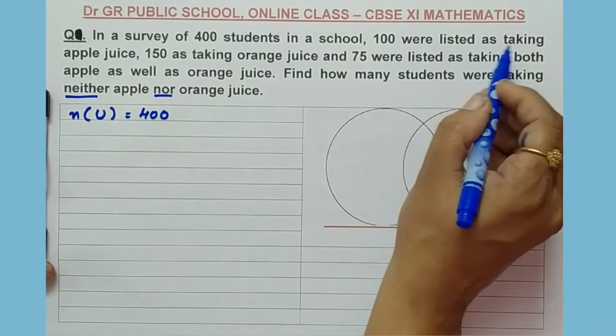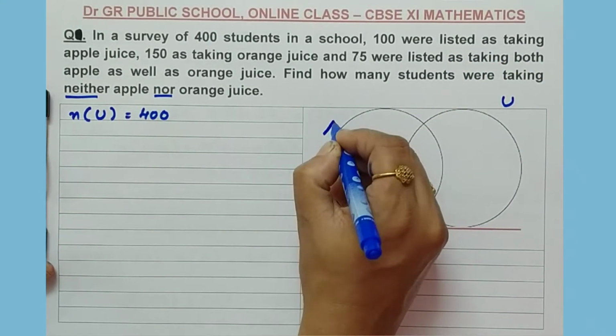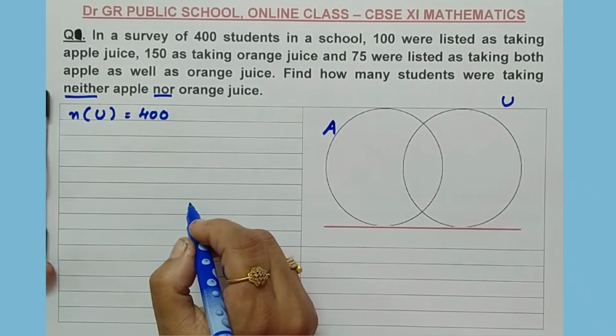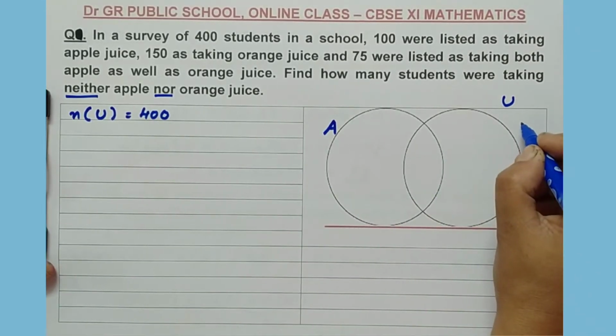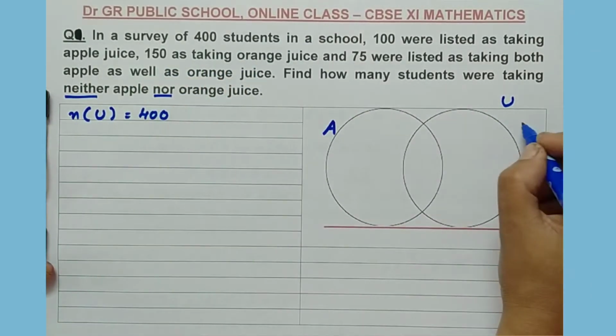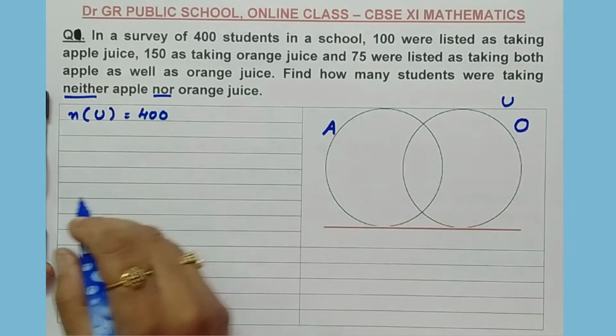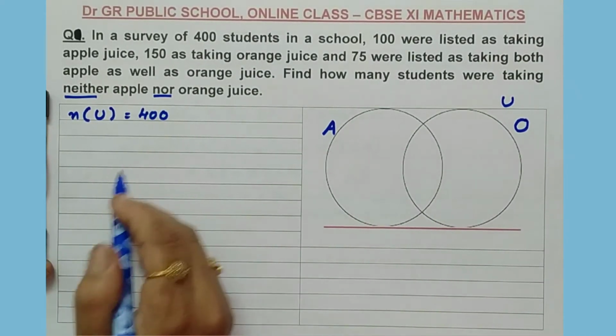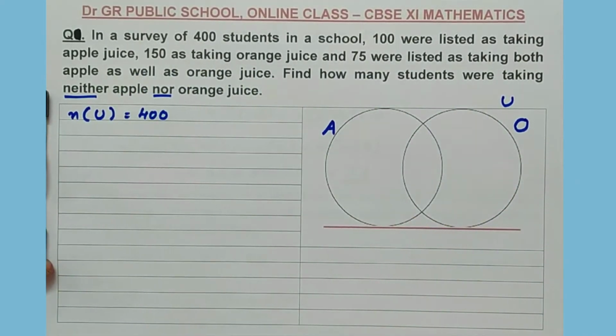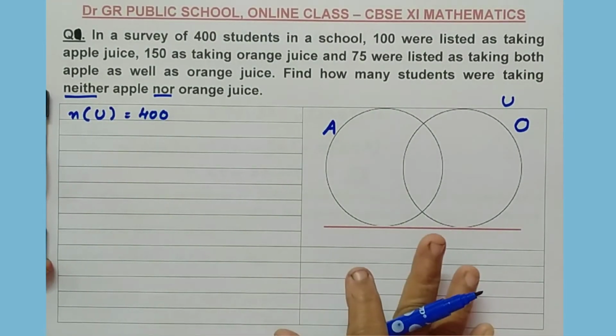100 were listed as taking apple juice. So I am going to take this set as apple juice. Let A denote the set of apple juice, and 150 are taking orange juice. So O denotes the set of orange juice. Now, when you are given such a question, remember, rather than using the formula method, application of a Venn diagram seems